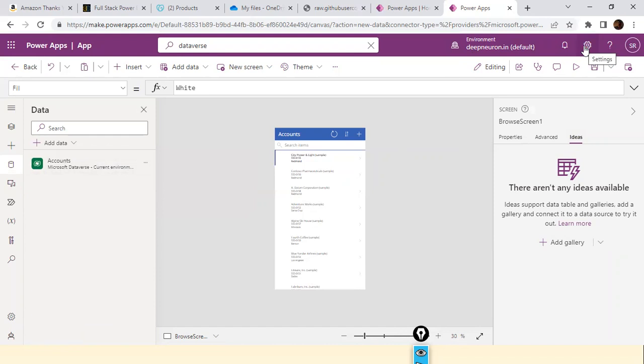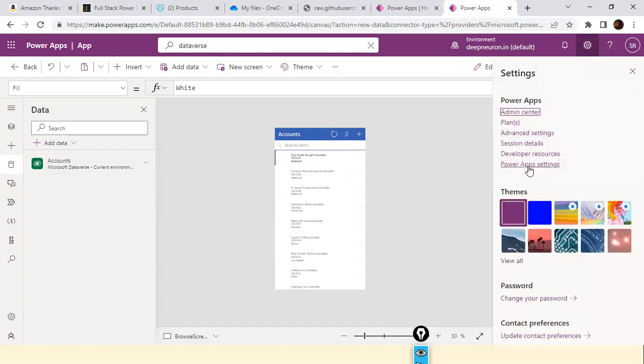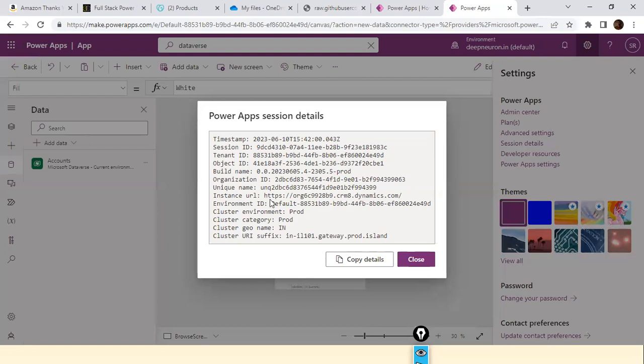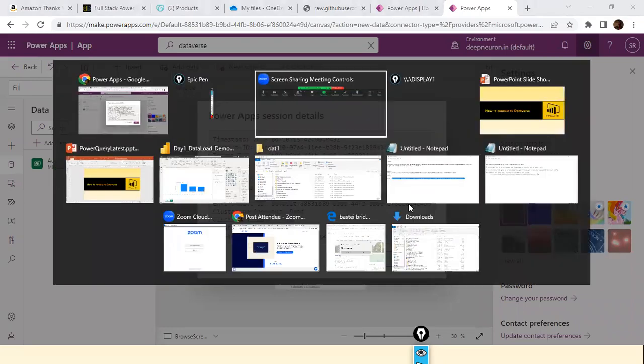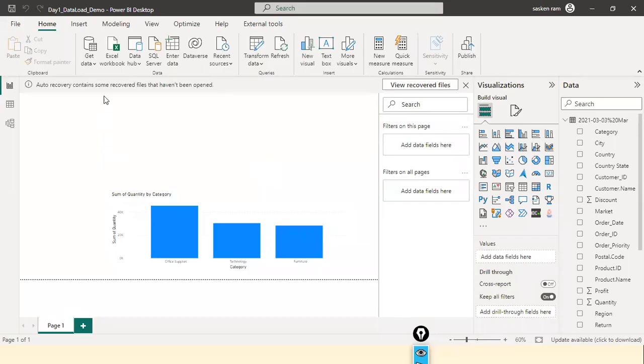I'm going to click on the settings icon, the wheel icon, and I'm going to click on the session details. Remember that we have something called instance URL. Next to that, you will find the URL, HTTPS. Don't select everything, exclude the HTTPS, select only the domain name, up to the .com. Right click on it, copy it, go to your Power BI desktop, and then click